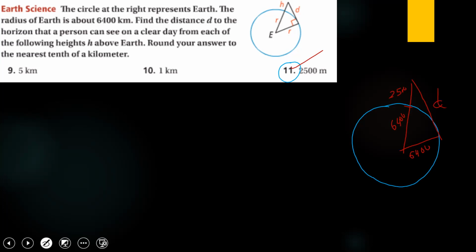So how can I find the distance d to the horizon here? Imagine now there's something here that is above, a man as an example. I want to find d now. Look at the triangle EBC. Is it a right triangle? Yes. So since this is a right triangle,